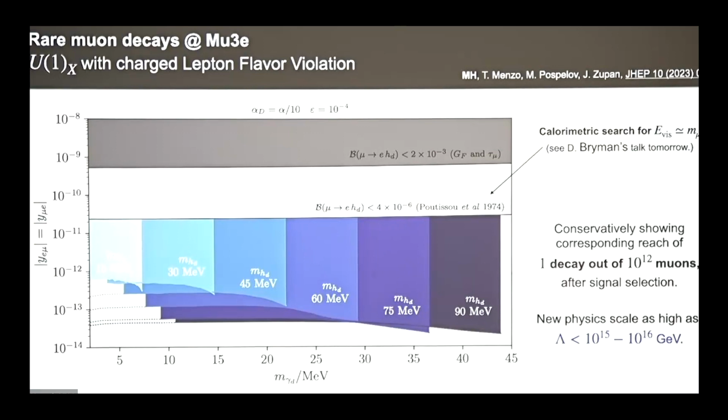You could imagine several things happening, like the muon could be charged under the dark U1. That could be true. Then it's really a dimension 5. So this is the scale. If it comes from dimension 6, you know that this is probably going to be 10 to the 5, 10 to the 4. Then you might expect mu to gamma or something else to come in.